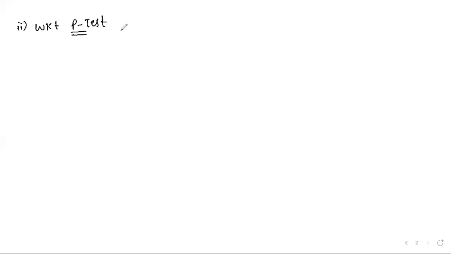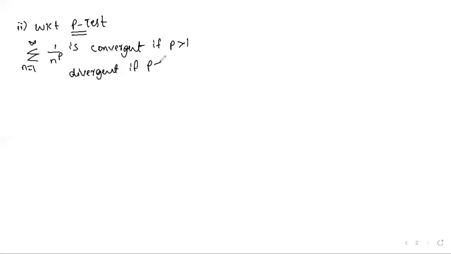In this test, the infinite series summation 1 by n power p is convergent. The statement of the p-test: it is convergent if p is greater than 1, summation n equals 1 to infinity. Similarly, it is divergent if p is less than or equal to 1. Now the option is